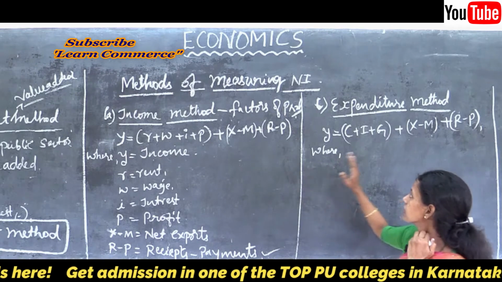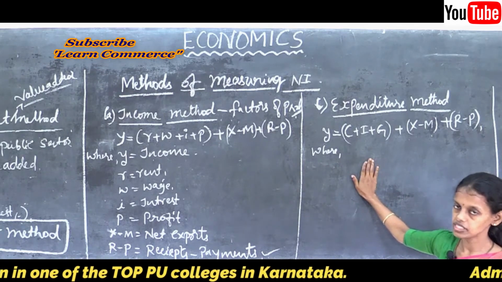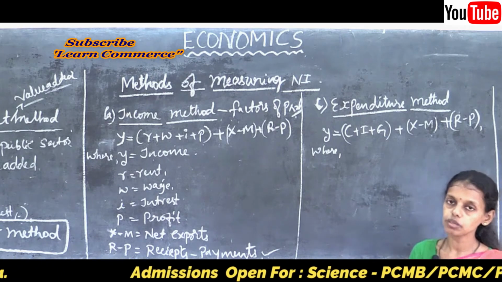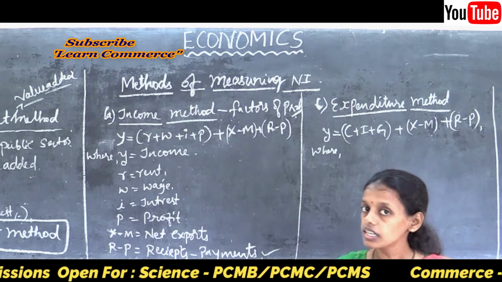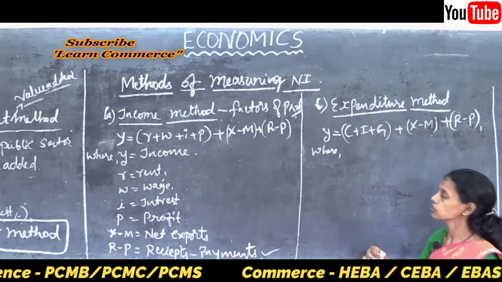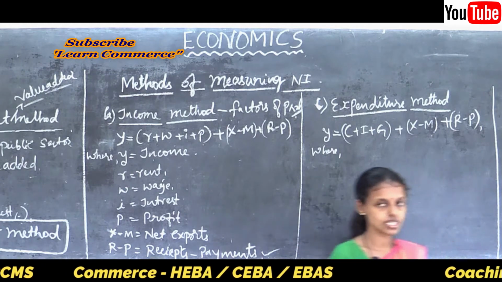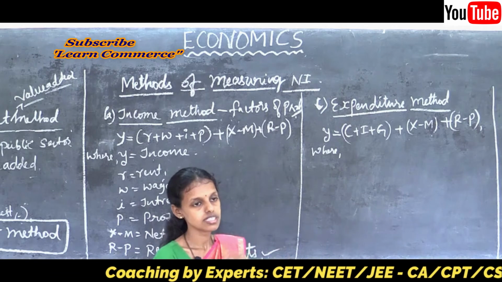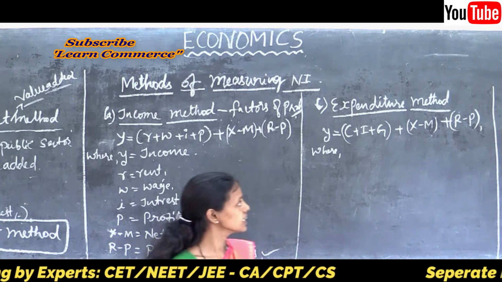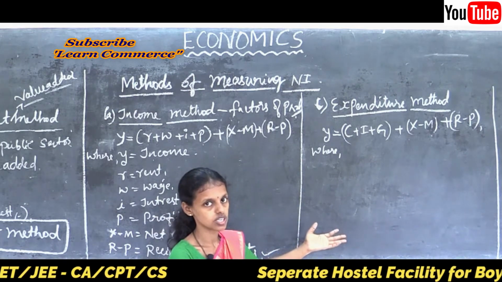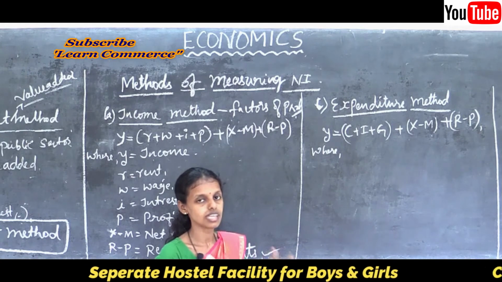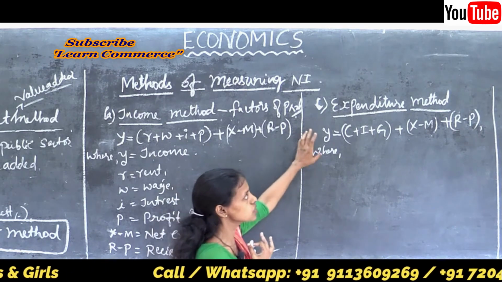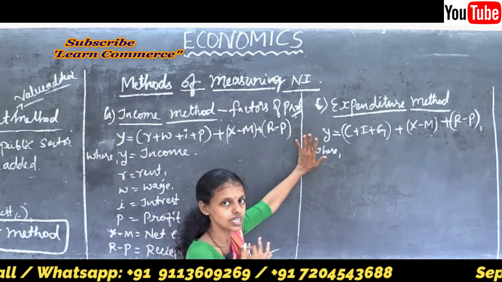So, the next one is the expenditure method, spending. How the country makes payments and invests in production activities is said to be the expenditure made on different goods and services, either on consumption, production or in other cases, government expenditure for increasing the exports, imports, everything is said to be the expenditure. So, how to calculate this expenditure method?